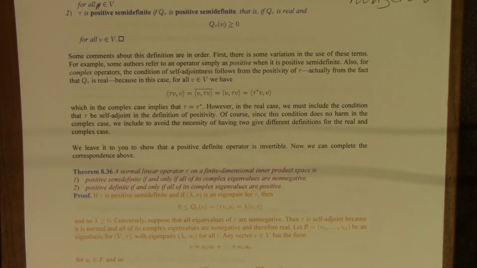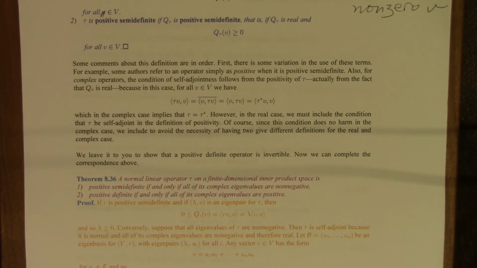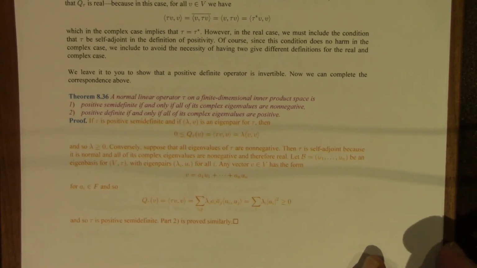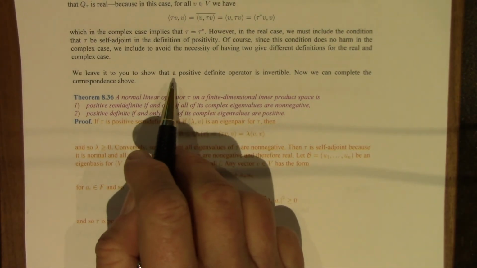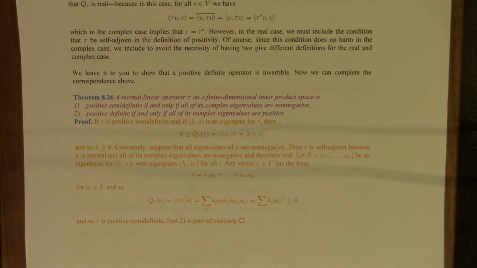So I had two choices. I could have given you two separate definitions, but since it doesn't do any real harm to include the self-adjointness condition, even when it's not needed in the complex case, I did it that way, so I only had to give you a single definition. May not be best mathematical practice, really. One doesn't like to include conditions in a definition that aren't necessary, but I guess I broke my own rule this time and did it that way. I'm going to leave it for you to show that a positive definite operator is invertible,